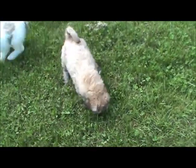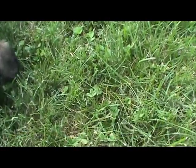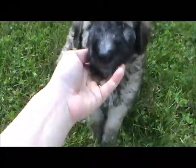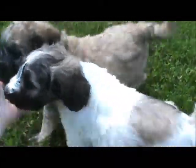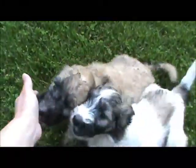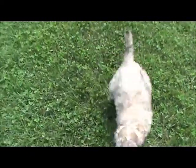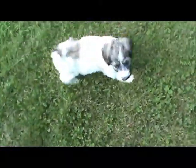There's Miss Kissy, and there's Mr. Winston. Let's get a good look at your face. He's digging here. Hey, there's Mr. Winston's face. See, he's very, very unique. They will change a little bit, I think, as they get older. It will be very interesting, and I do hope that the family that takes Winston home, as well as his brother Falcon, will definitely be keeping in touch with me as they get older,